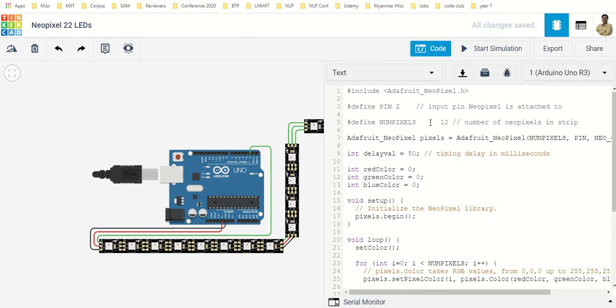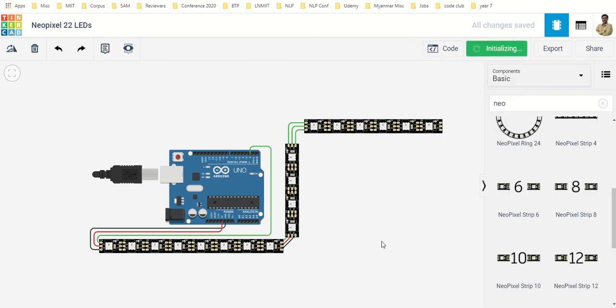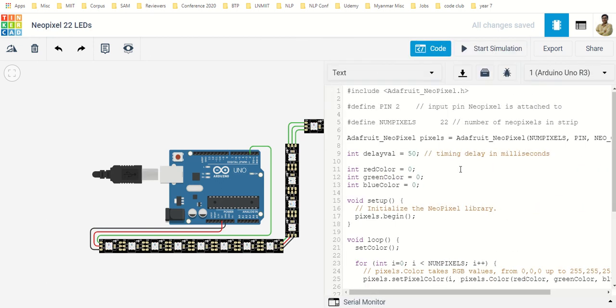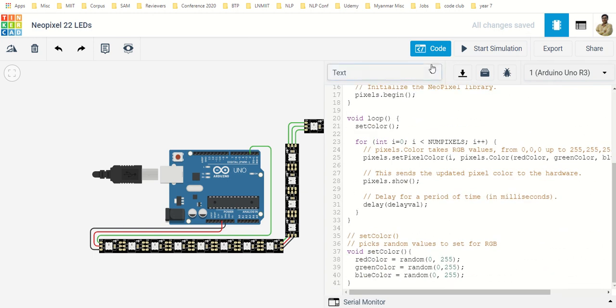One more thing which we can try. If by mistake I write 22, more than the number that I have, it is going to 18, 19, 20, 21, 22 also, and then it is coming back. So even though I don't have 22, the code is saying go till 22. You have to be very careful when you write these numbers to avoid these kinds of mistakes.